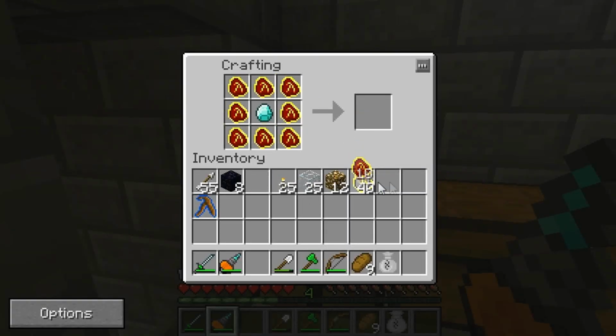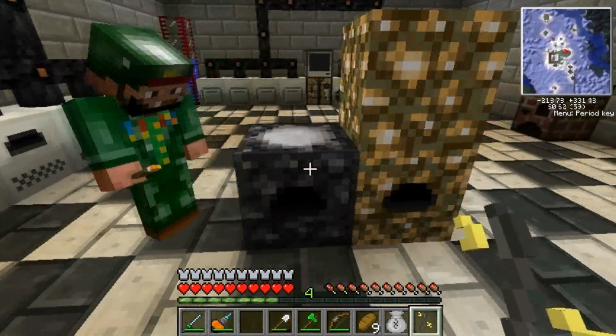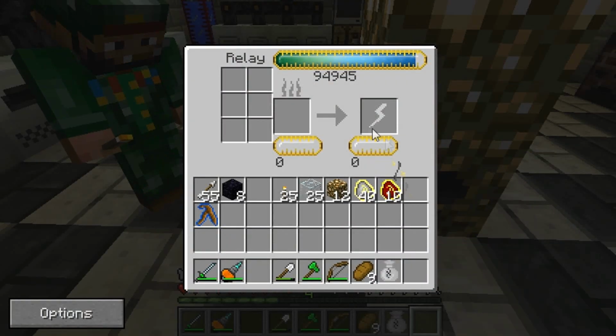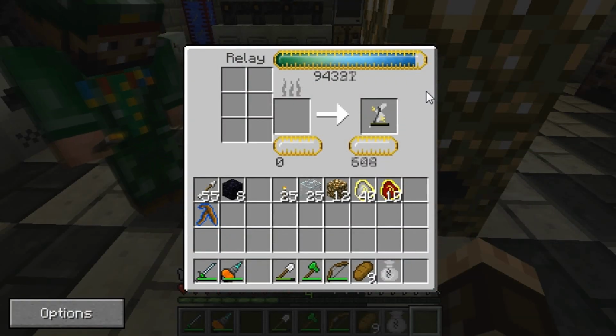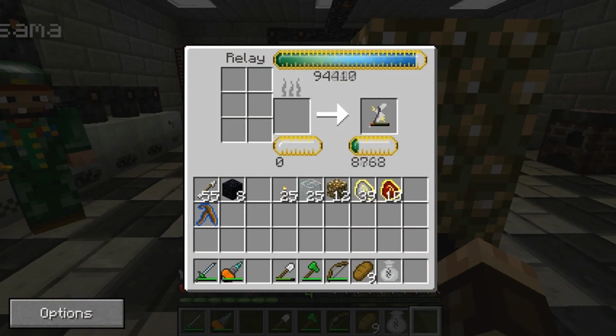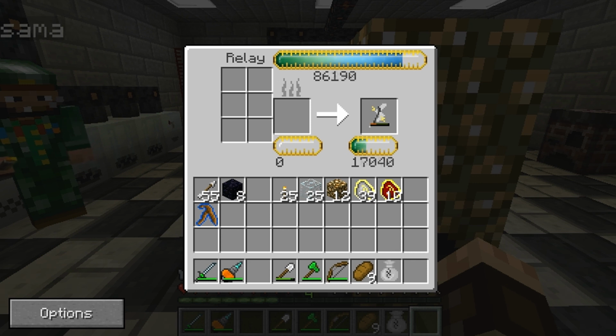So what you want to do is put this Mobius fuel around a diamond to get this little, we call it an EMC battery. Yeah, it's called a Condenser. There's several tiers of these. And it charges up, it takes the EMC from the relay. So what you can do is you can carry EMC around in this little battery, and if you notice, when you put it into your regular